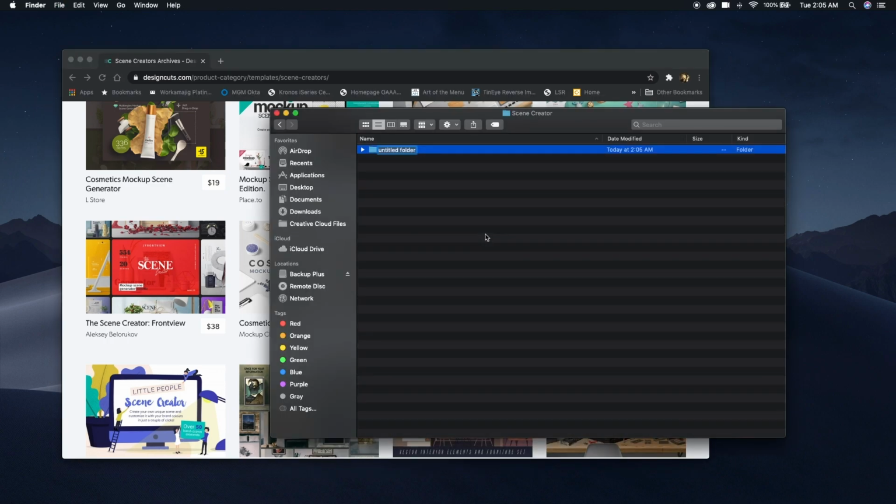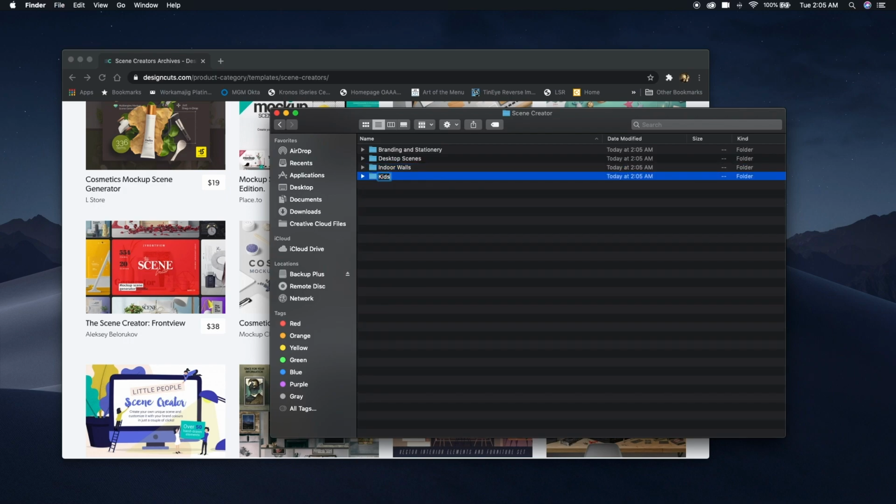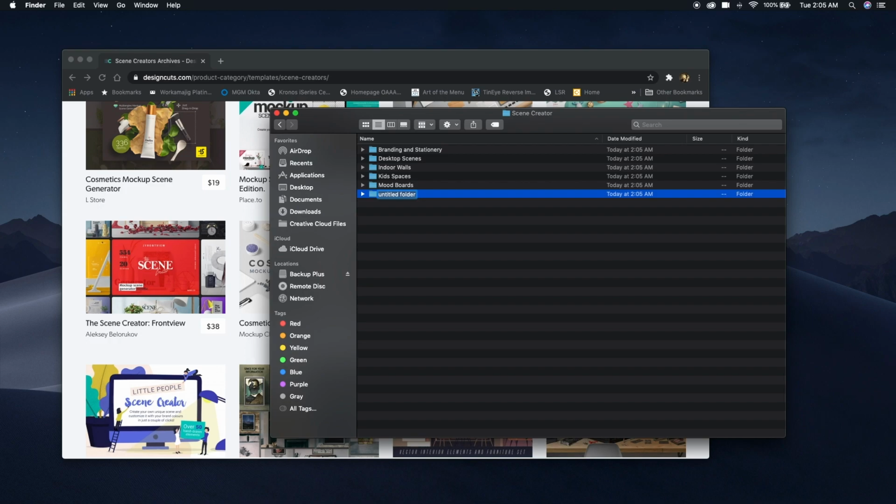Within that, we'll create folders for branding and stationery, desktop scenes. This could also cover workshop type scenes. Indoor walls, again, that would be canvases, frames, things like that. Kids spaces, mood boards, outdoor walls and signage, which will probably be a pretty big category,